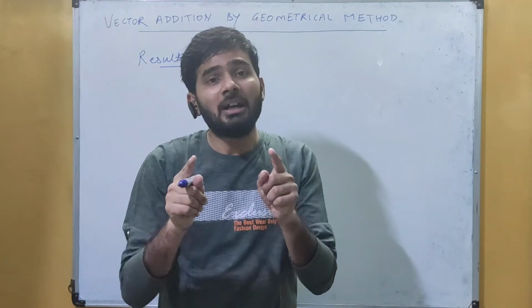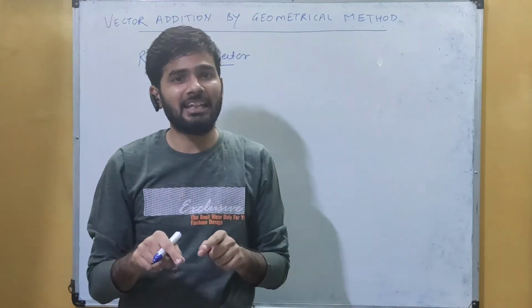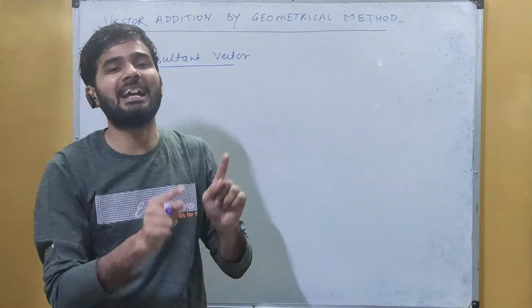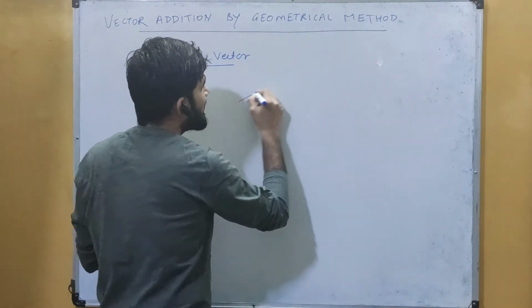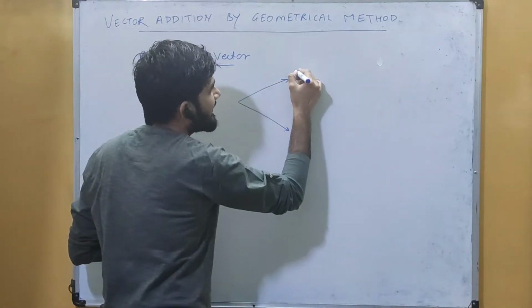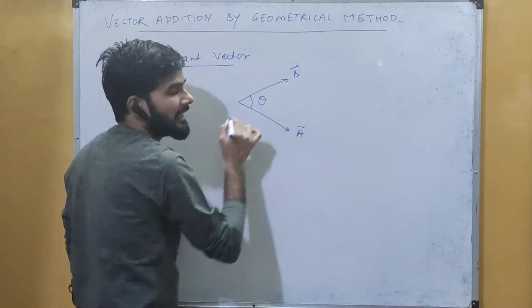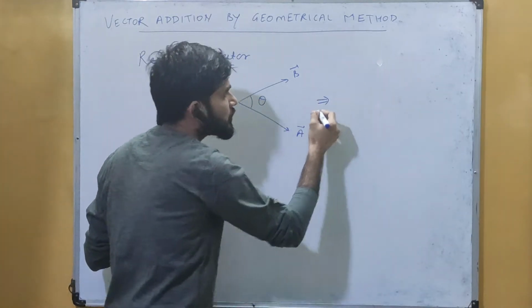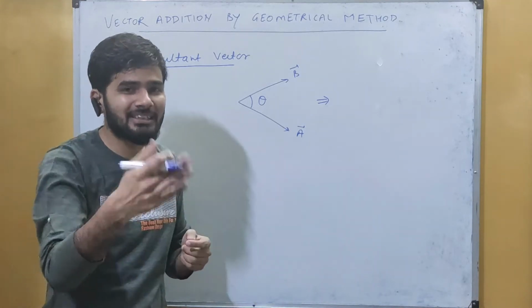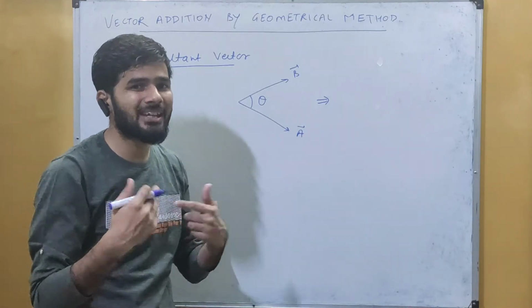Okay, so now अगर उन तीनों को हम एक साथ देखें तो जो इफेक्ट वो प्रोड्यूस करेंगे, the same effect will be produced by that resultant one. You can see here, अगर हमारे पास ये जो दो वेक्टर हैं, here it is vector A and here it is vector B, they are inclined at some angle theta. इन दोनों का कुछ न कुछ रिजल्टेंट फाइनल आंसर आएगा जब हम इनको ऐड करेंगे. Okay, we will see what actually the vector addition is, how we can add them.